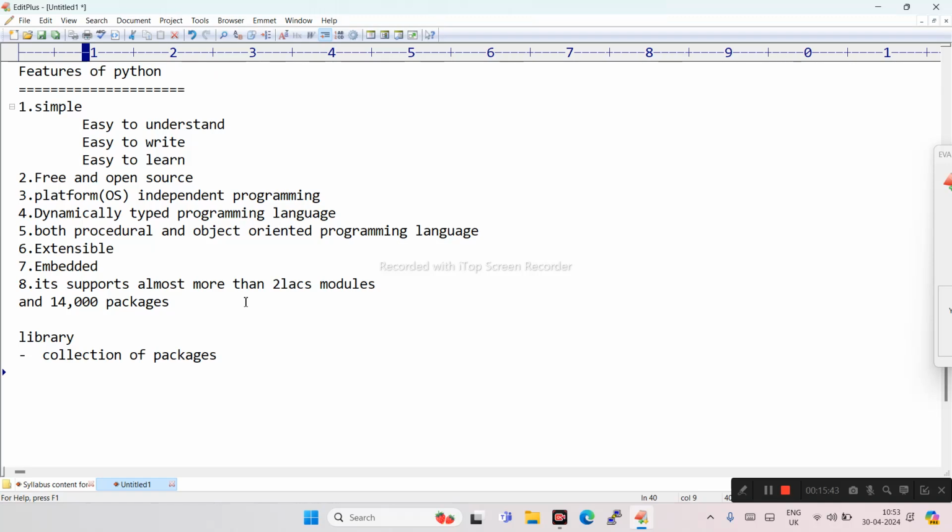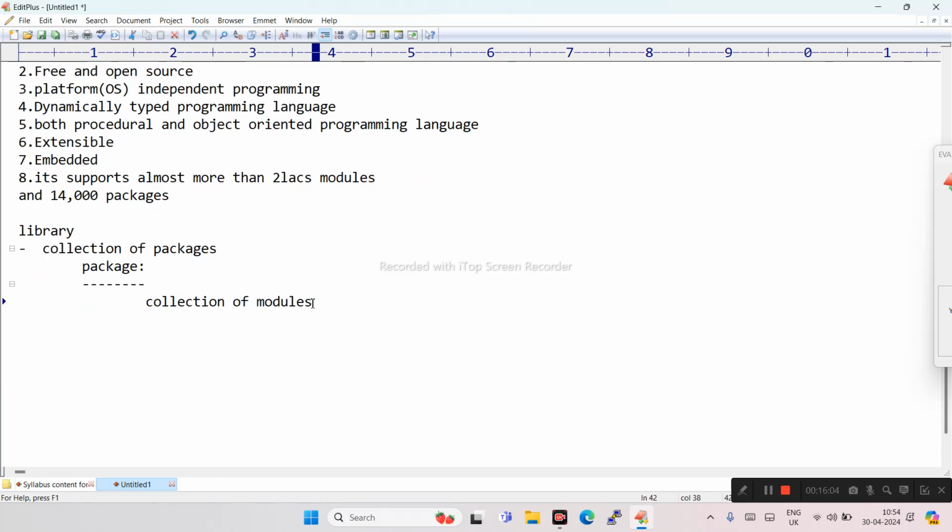What is a package? A package is nothing but a collection of modules. So what is a module? A module is nothing but a collection of functions or a collection of classes.